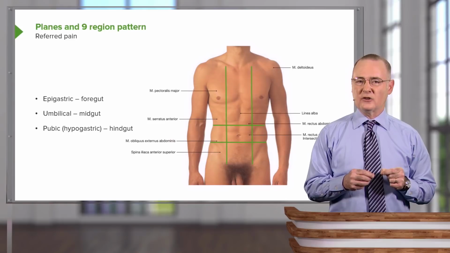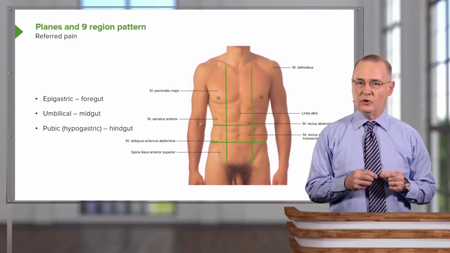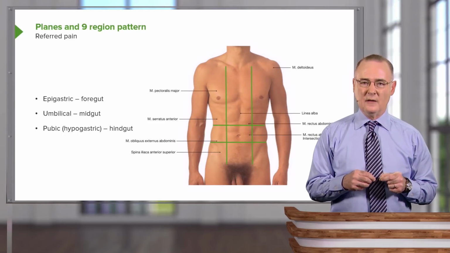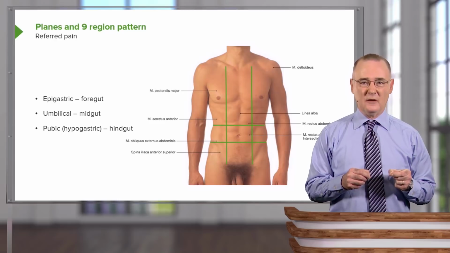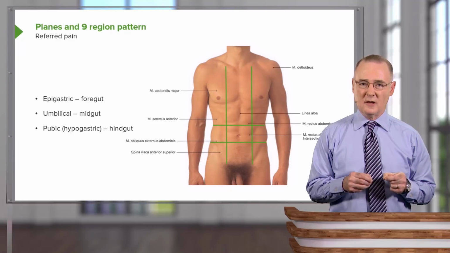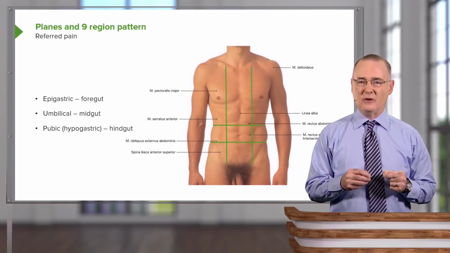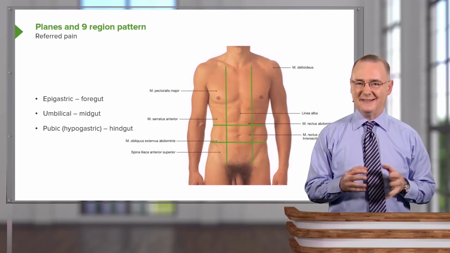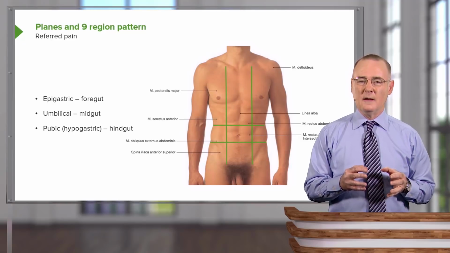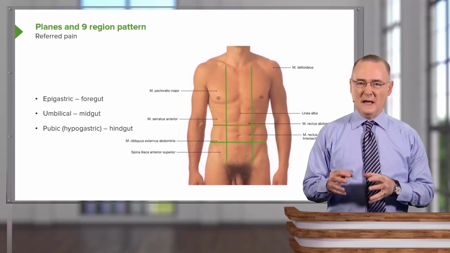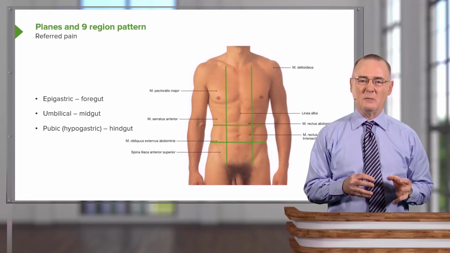Adult structures derived from the foregut would include the esophagus, the stomach, liver, gallbladder, pancreas, and the proximal portion of your duodenum. The midgut-derived structures would include the distal duodenum, all the remainder of the small intestinal segments, the cecum,